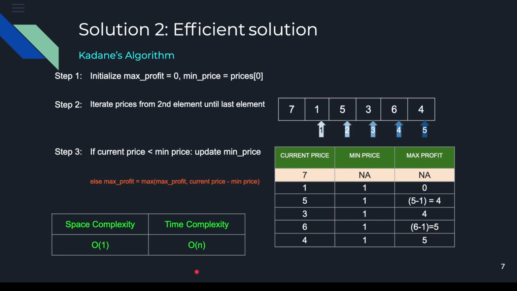If we look at the efficient solution for this problem, it is also referred to as Kadane's algorithm, which I'll be covering in more detail in later videos. But for this problem, instead of creating two loops for the buying and selling price, we replace the first loop for the buying price with another variable called minimum price, which is initially assigned to the first element of the array. Then there's a loop starting from the second element and going until the end of the array,